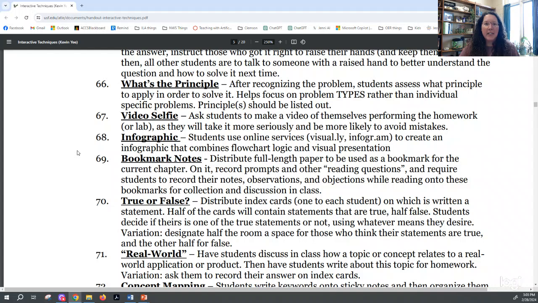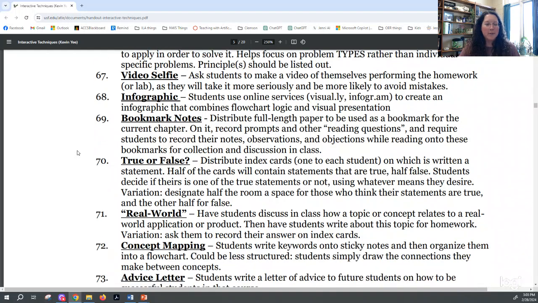Video selfie, there are lots of different things that can be used, not just Instagram and stuff, but lots of different recording software and programs and apps that come out and go with different years as to what's popular, but lots of those can be used to submit some information, or they can even submit it on your LMS, and they like doing, again, videos and things that they can use their smartphones for.